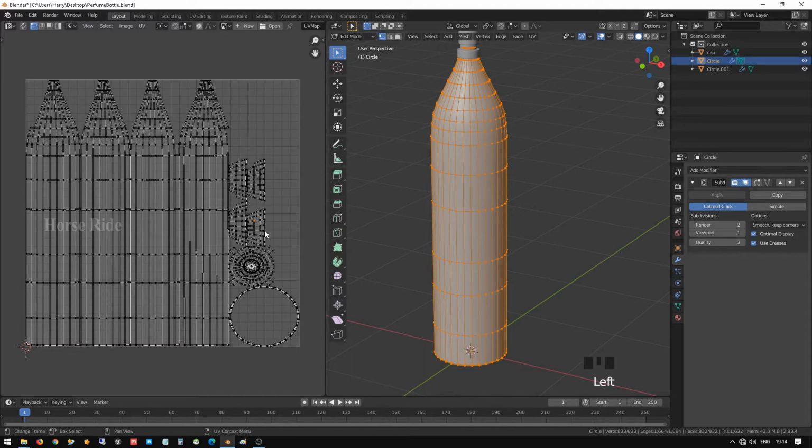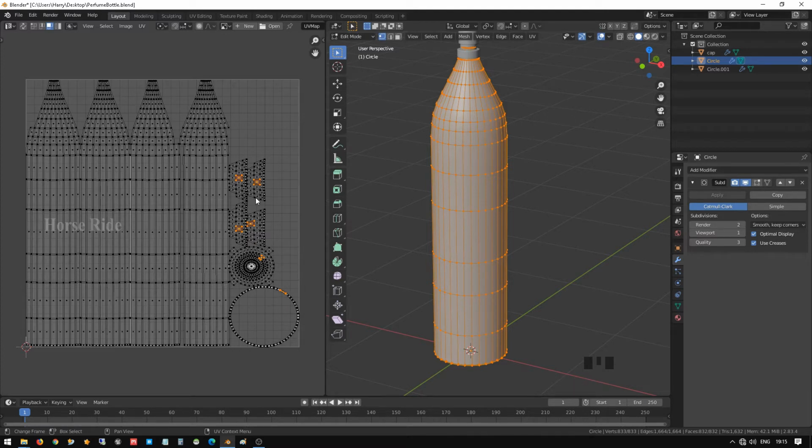So we are going to move this as per our requirement. In the UV editor, press 3 to select the face, and using the shift key, select all the faces that need to be scaled.